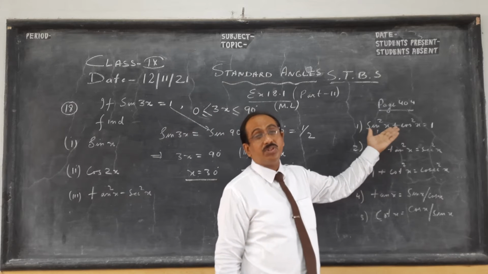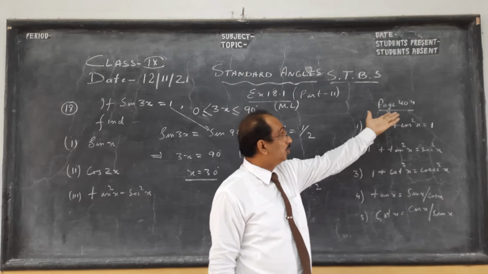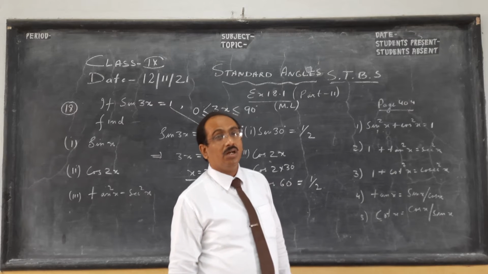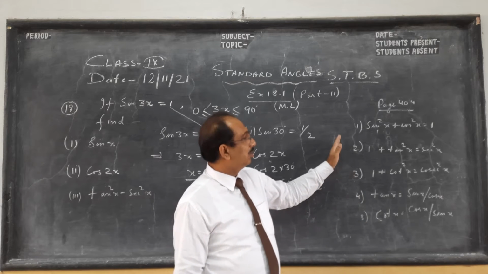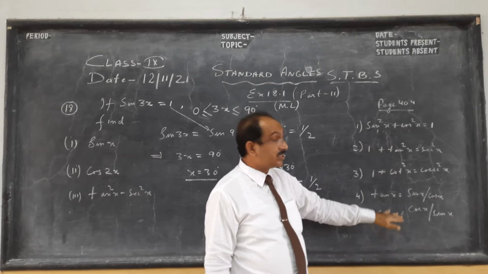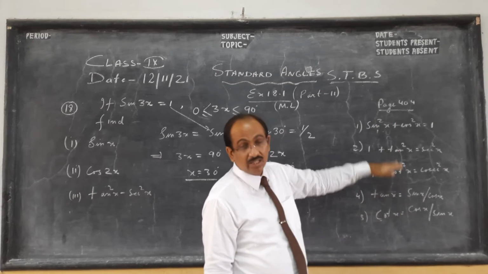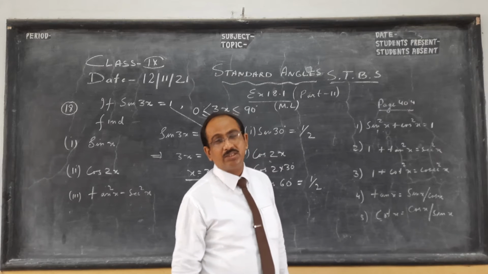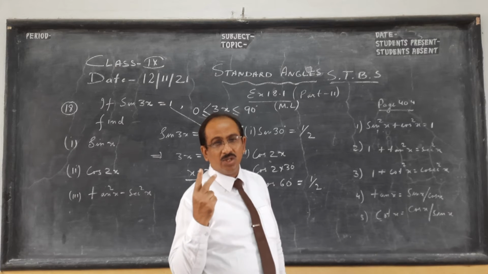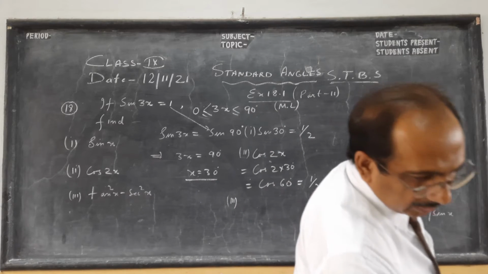The third one is very interesting, children. These are called identities, which we saw in the beginning, exercise 17. It is there in your book on page 404, before we start the solved examples of the previous chapter, trigonometric ratios. So class 10 starts from here, children. I have two videos on class 10, one on trigonometric identities and another on height and distance. Today's last two sums will be on height and distance.